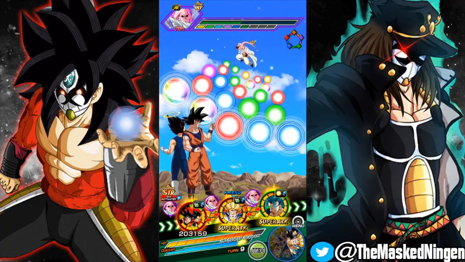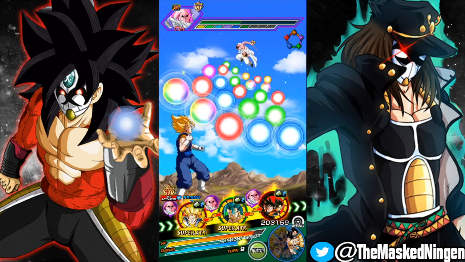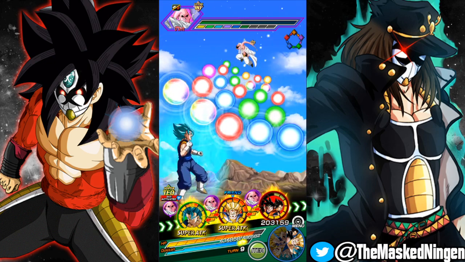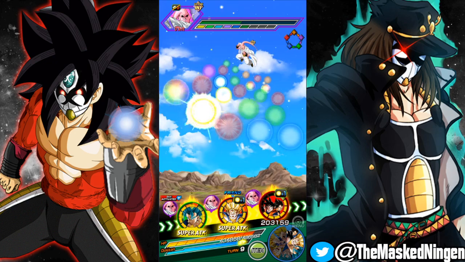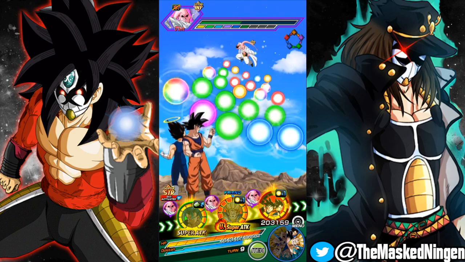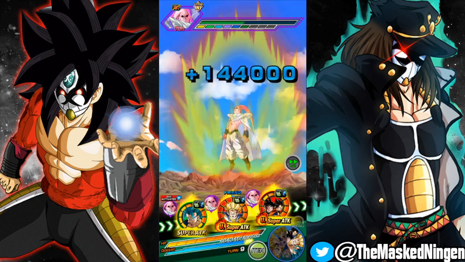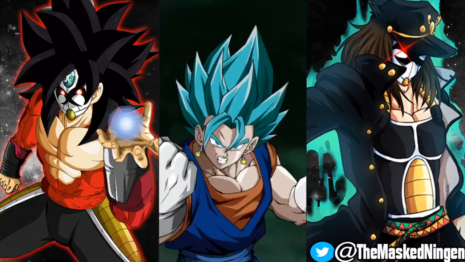So he's doing something, he's healing in the first slot. He's not super attacking though, so I guess we can do this then, because we don't need to worry about a super. Grab those for you, and then those for you. And we didn't get the Dokkan attack. Okay, so we're gonna get the Dokkan attack next turn, which I guess means we're gonna have to go for